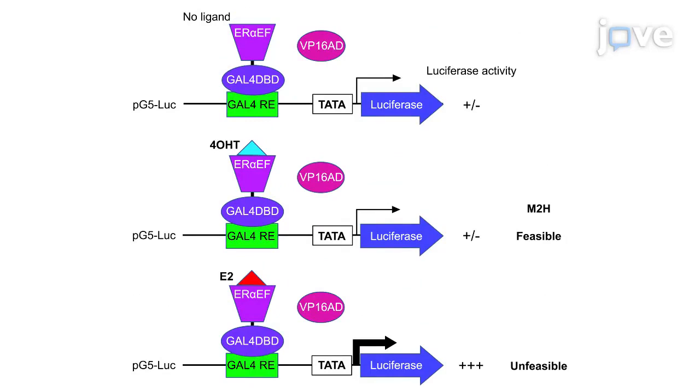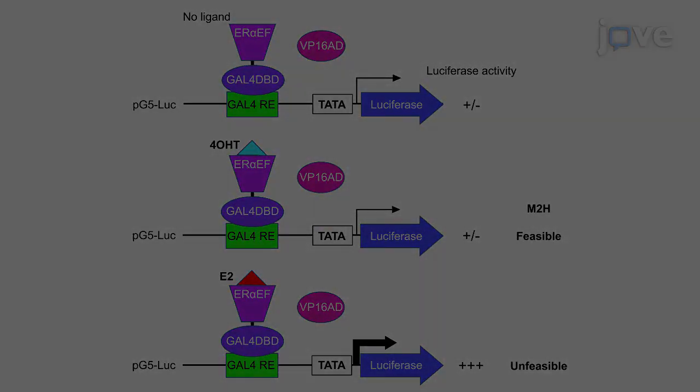The most important step is controlling the activity of the P-bind mouse estrogen receptor alpha-EF derived protein. The activity